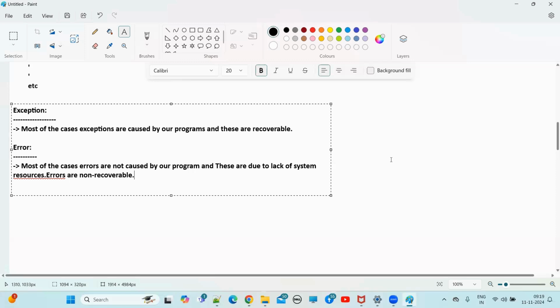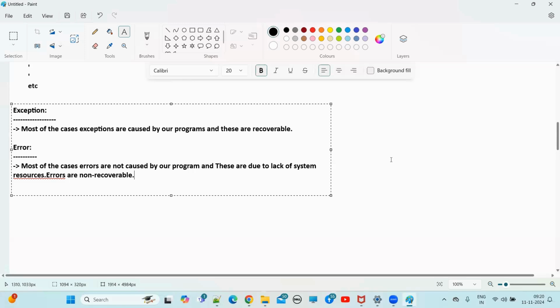So why are these memory errors coming? Due to lack of system resources. If you have more memory in the heap, then you will not see these kinds of errors. These are due to lack of system resources, so there is no issue with the program. We need to create lakhs of objects, but to store those objects we don't have enough memory in the heap area. Due to that, our program will be terminated abnormally with the out of memory error.